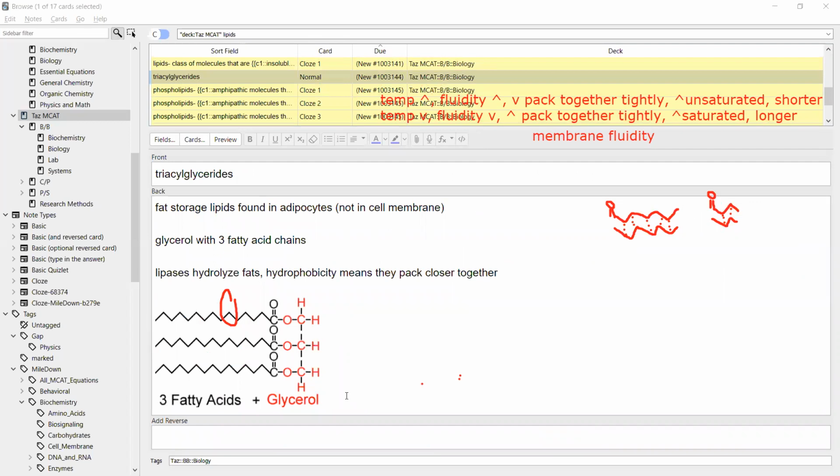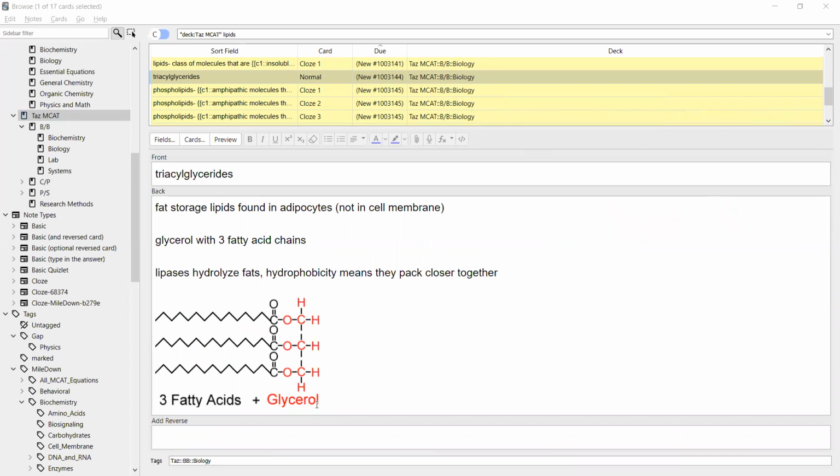Okay, I'm just going to clear off all this. Everybody got the stuff about fluidity and stuff, right? I'm going to clear this off. Yeah, we got it. Okay, so here,